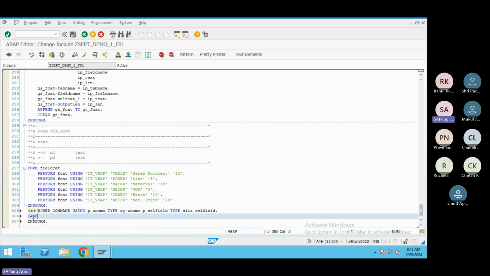Here I will write some case, or I can say one executable statement which is write. Okay, I can say write. For debugging purpose I need this, so I am just putting here a debugger,